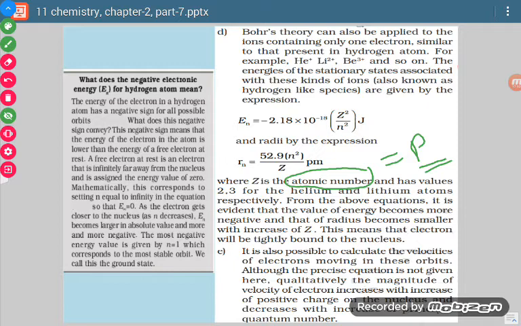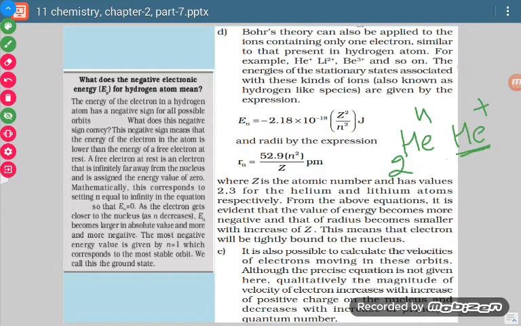Now see, suppose we are talking about helium. If it is a helium atom, then it is represented as He, atomic number 2, mass number 4. Now there are two electrons. Suppose one electron goes out, then it becomes He positive. Now for this particular ion, there is only one electron. Now it has become a hydrogen-like ion. Why? Because there is only one electron.